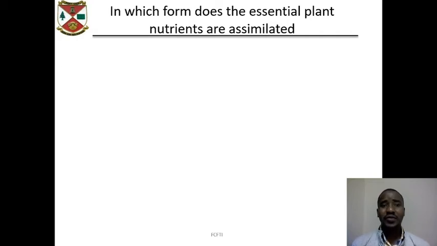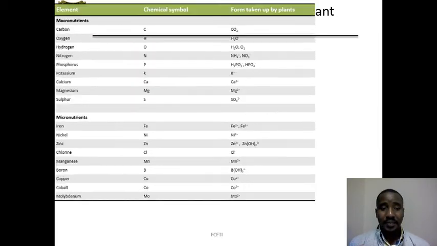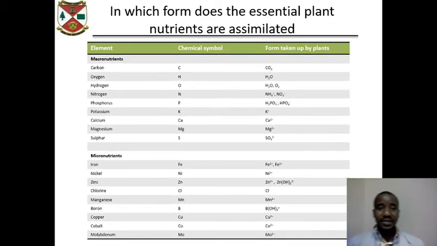So, in which form are the essential plant nutrients assimilated or taken up by the plant roots or leaves? Let us look at this table. On your left hand side, the table shows the elements, our essential nutrients, and in the second column it shows the chemical symbol of each plant essential nutrient, and the third column shows us the form taken up by the plants. Okay,